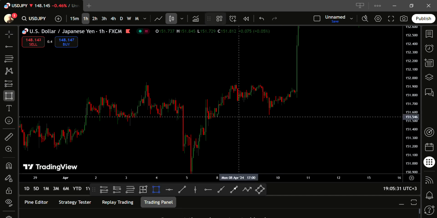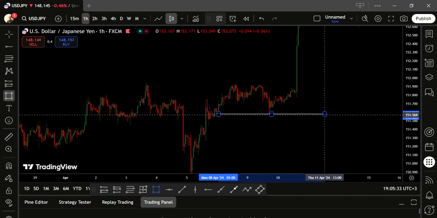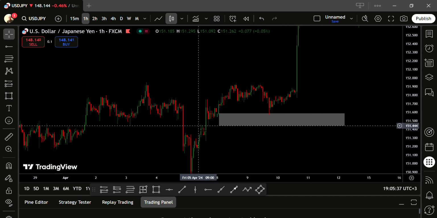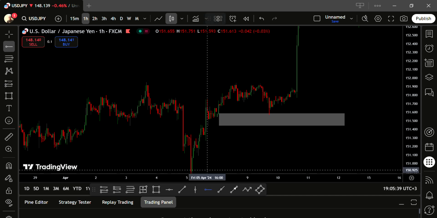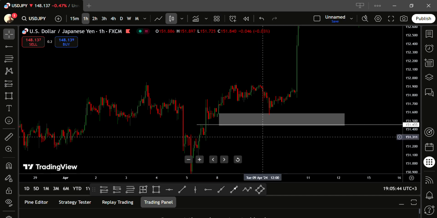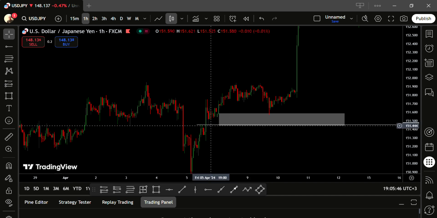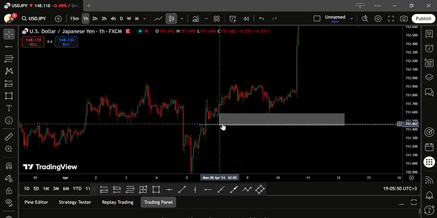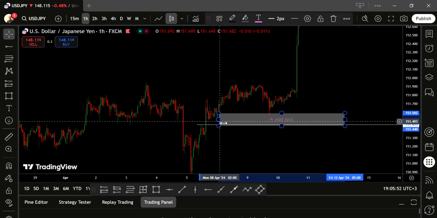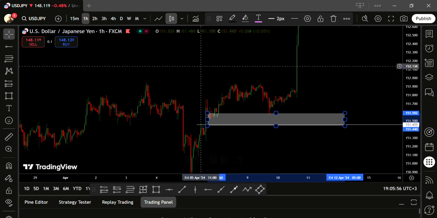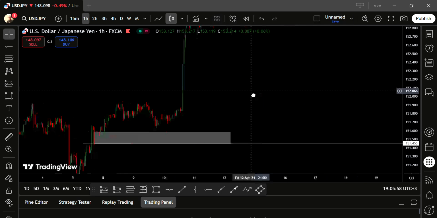Why? Because price used this area as resistance. You see this area here? Let me even put a line there like that. So price used it as resistance. When you go to the 15 minutes time frame, you will see it. I know most of you would miss this because it is not as clear and obvious, and that is the reason, guys. Price is not going to be giving you clear and obvious moves that you're going to use to enter the market. However,